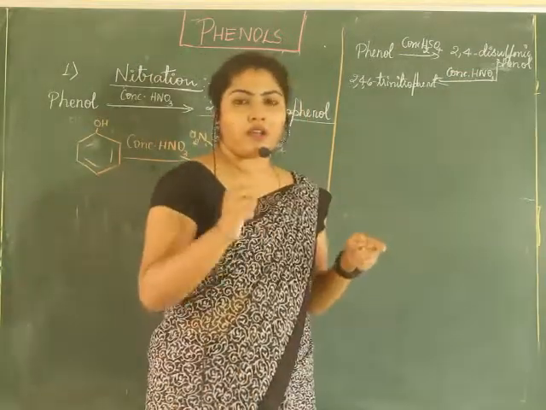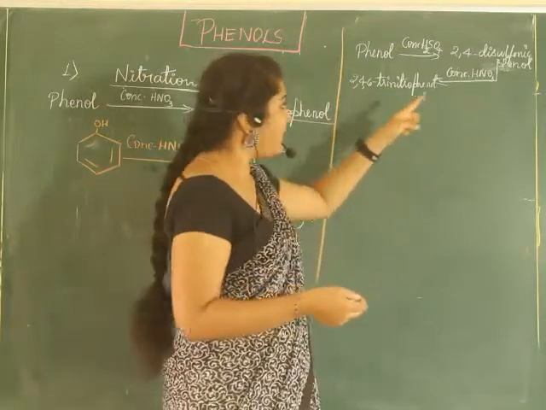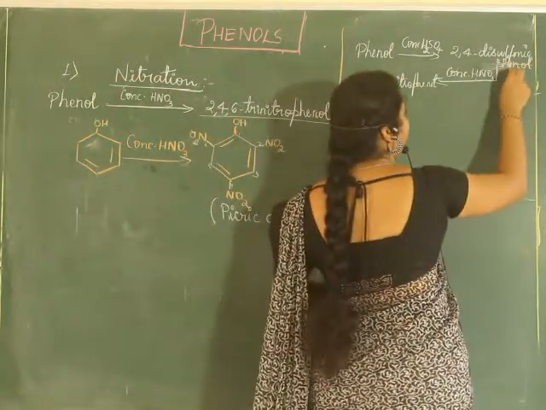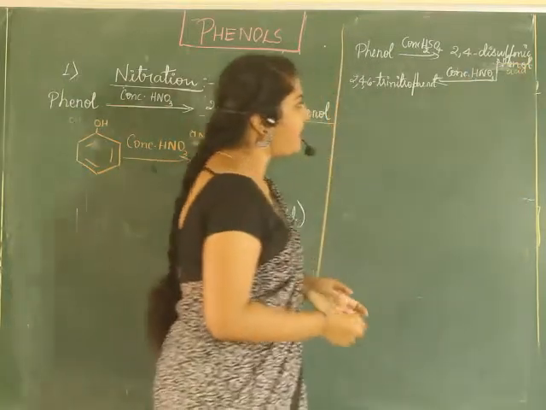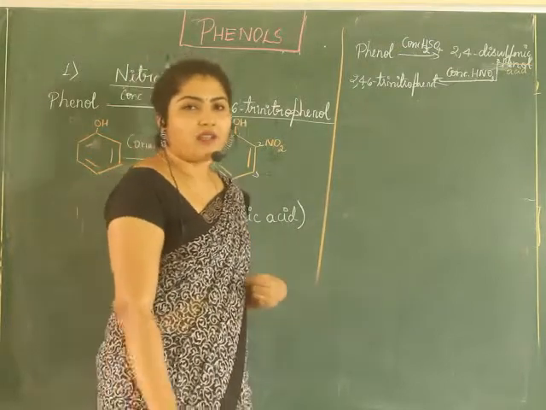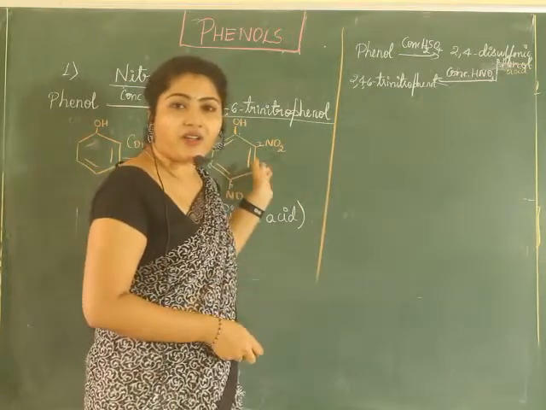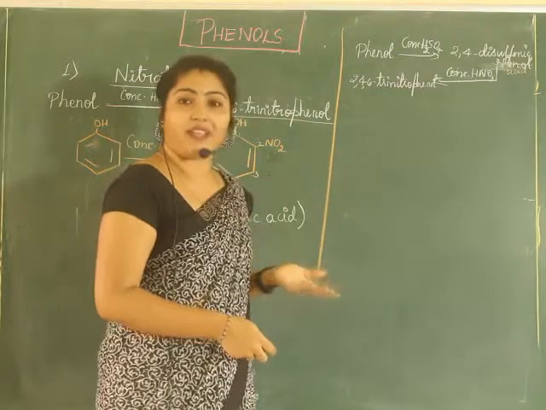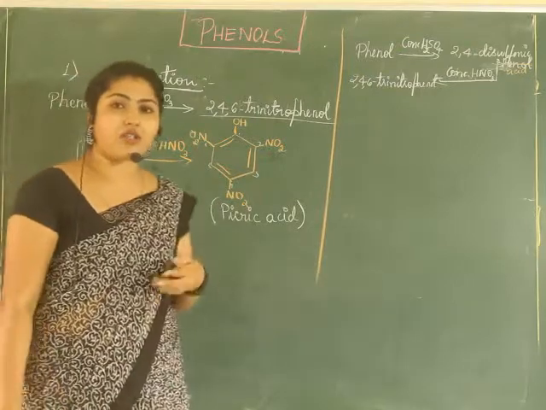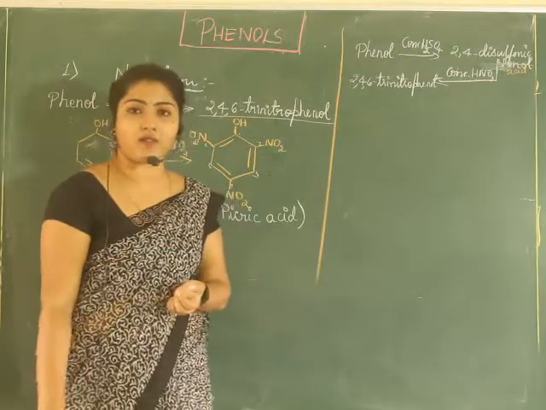Here, nowadays, first phenol will be treated with concentrated sulfuric acid, giving 2,4-disulfonic phenol, that is disulfonic acid, you can write again here, acid. And then it will be treated with concentrated nitric acid to form 2,4,6-trinitrophenol. Now, a question arises, isn't it? See, directly when you are going to get the product, why do you have to go the other way around? The reason is, see, in this particular nitration reaction, always a large amount of energy is released, that is a large amount of heat is released during the process.